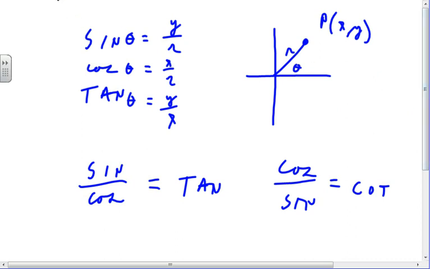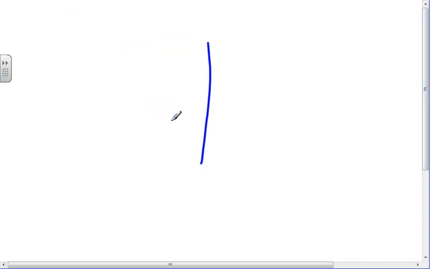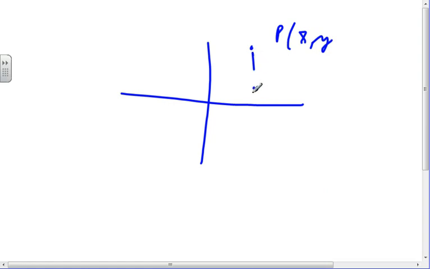If I look at the xy plane, and I have a point P up here at (x, y), so there's y, and there's x. And I ask you, how big is r? What are you going to say? R is equal to,